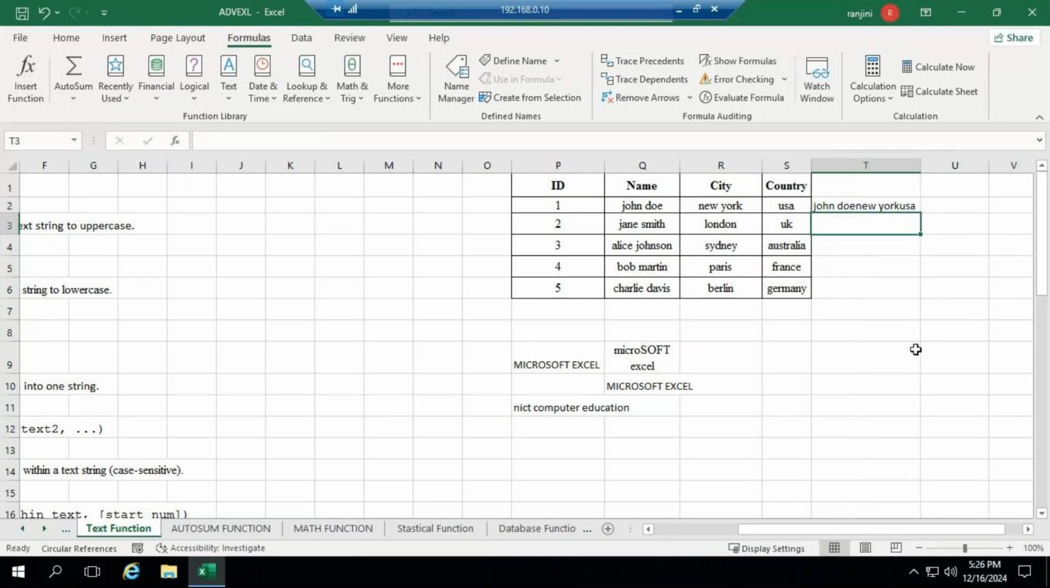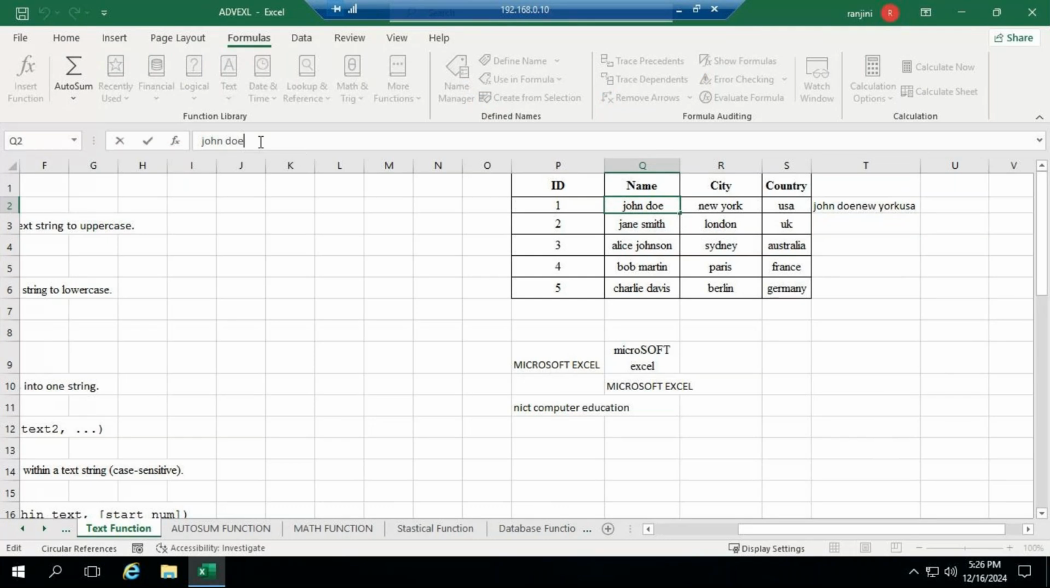But here I am not getting a space. If I want to get a space in between name, city and country, after the name in the formula bar, you should have given one space. Again here after city you should have given one space. Now it would have shown you like this. Instead of that,